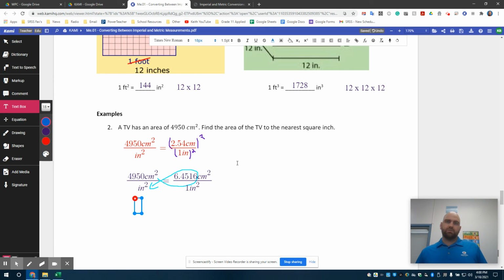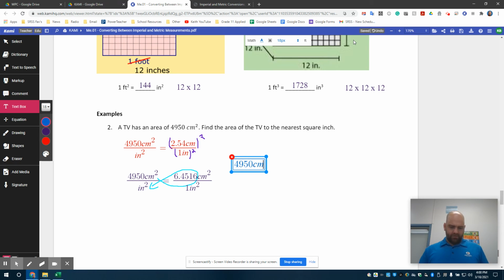All right, actually, no, let's do that up here. So we're going to have 4,950 centimeters squared times 1 inch squared divided by 6.4516